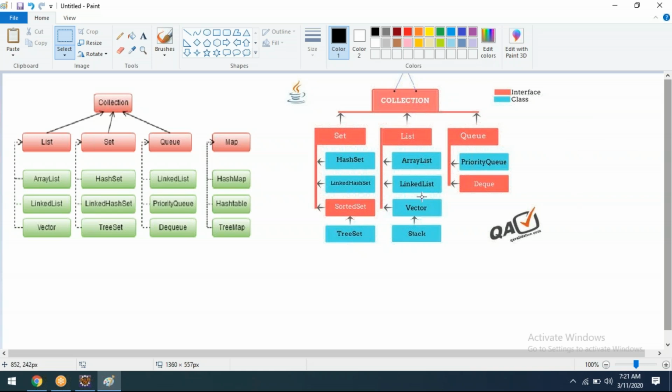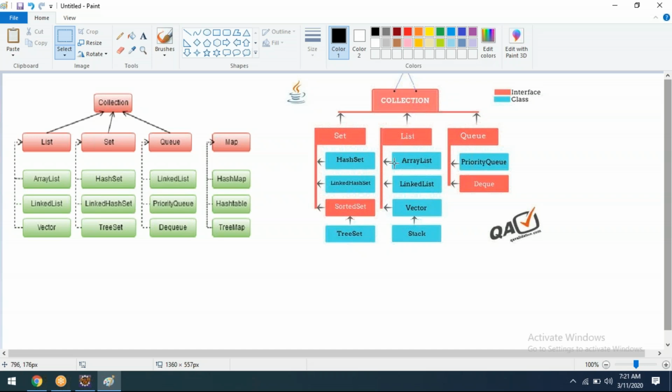Now, ArrayList, LinkedList, Vector, Stack. Here, Stack is the subclass of Vector. Vector is the superclass, and Stack is the child class. And these arrow marks are there, right? It means list is the super interface.